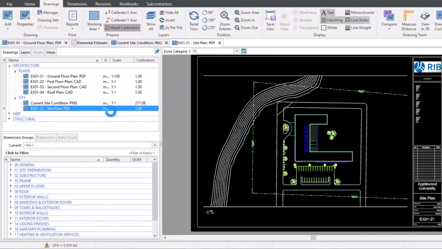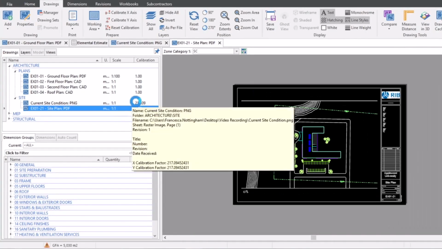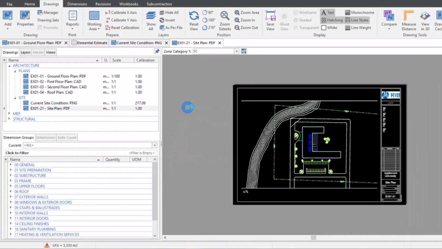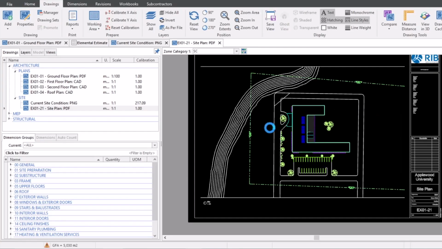Okay, so this has been set to a scale of 1:1, just taking it right back to its original state. And the calibration is at 1. So what we're going to do is just check that this is at the incorrect scale. So what we can do is find a known straight measurement. So I've got one here,